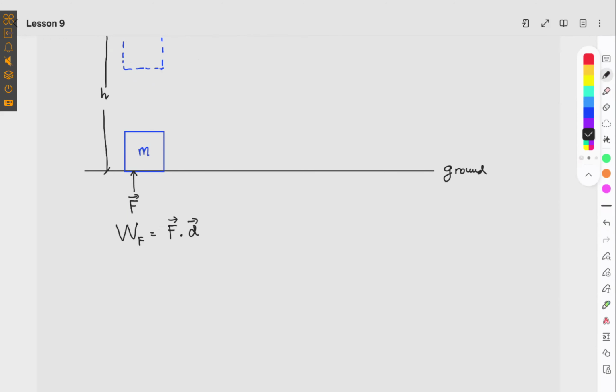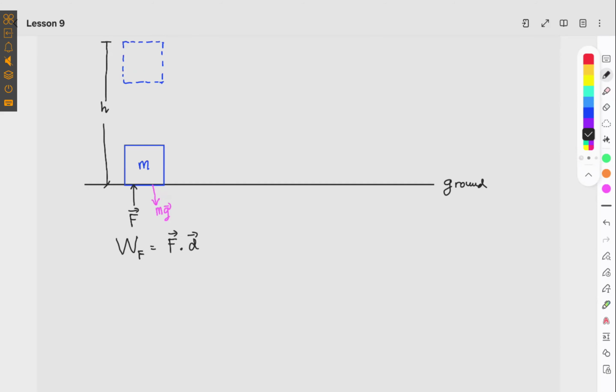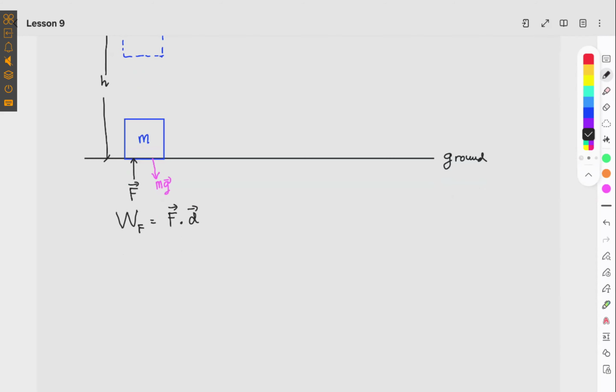So when you apply an action of force going there, you also have an opposite direction force, the normal force, right? Or the weight. So this is the weight, or just simply the mass times the gravity. Do you understand this? Yes, sir. Okay, so the summation of force upward or downward, vertical, is just simply